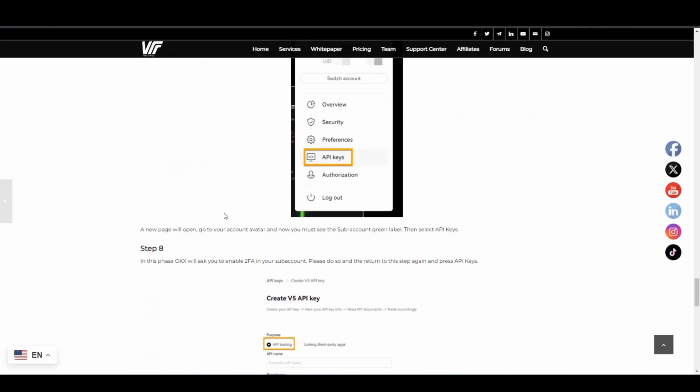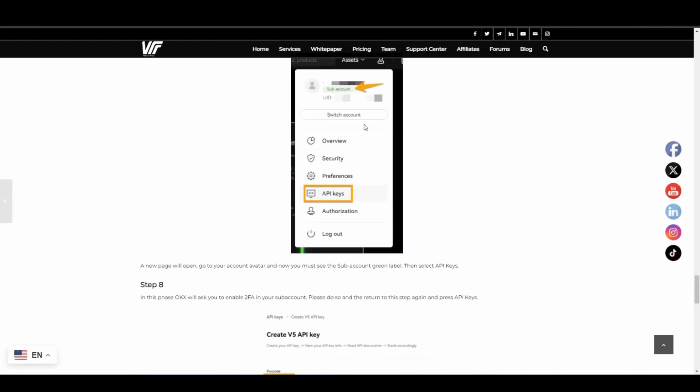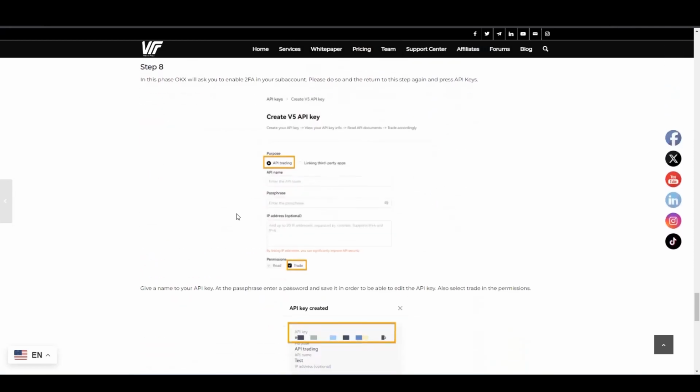Here, OKX will ask you to set up 2FA authentication for your sub account. Please do so. If you haven't done it already, download Google Authenticator and follow the directions from OKX in order to enable the 2FA in your sub account. And then you can go back again to the menu, click on API keys,